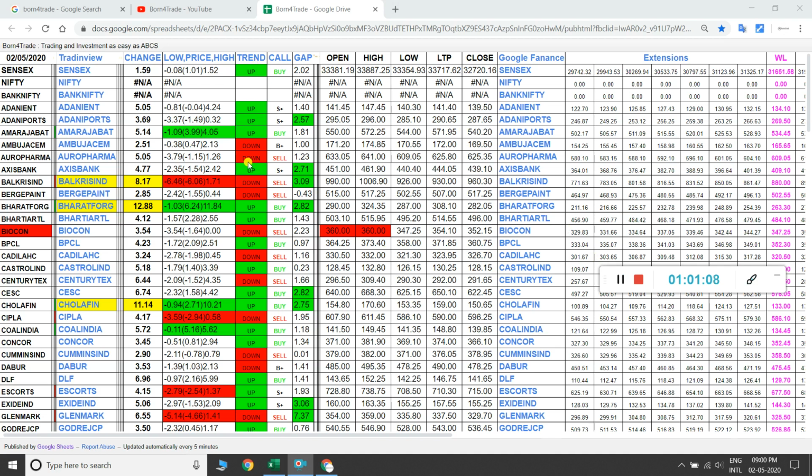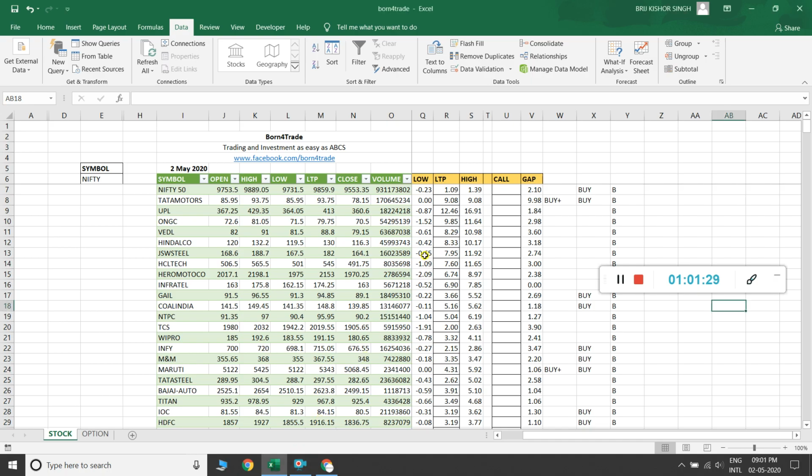Okay, so here also uptrend, and here also call option, and here also it generates a buy signal, sell signal, buy plus signal, sell plus signal. Here it also generates an S plus signal or B plus signal. Okay, so this calculation is different compared to this calculation, so don't mix it.